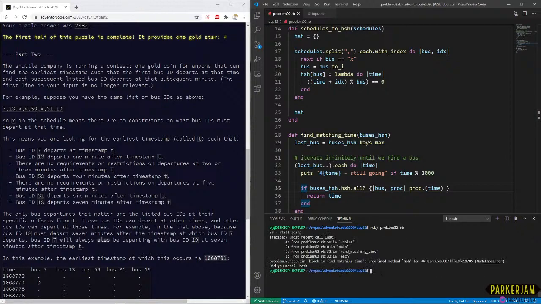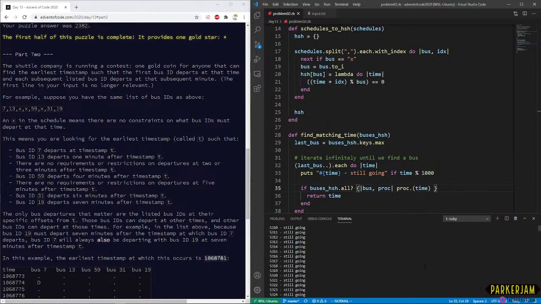Okay, let's see what other syntax errors we have. Undefined method hash. On 32, what does that look like? And 32, that's here. Oh, I was dumb. I was so dumb. That's supposed to be an underline. That's not a dot. What am I doing here?